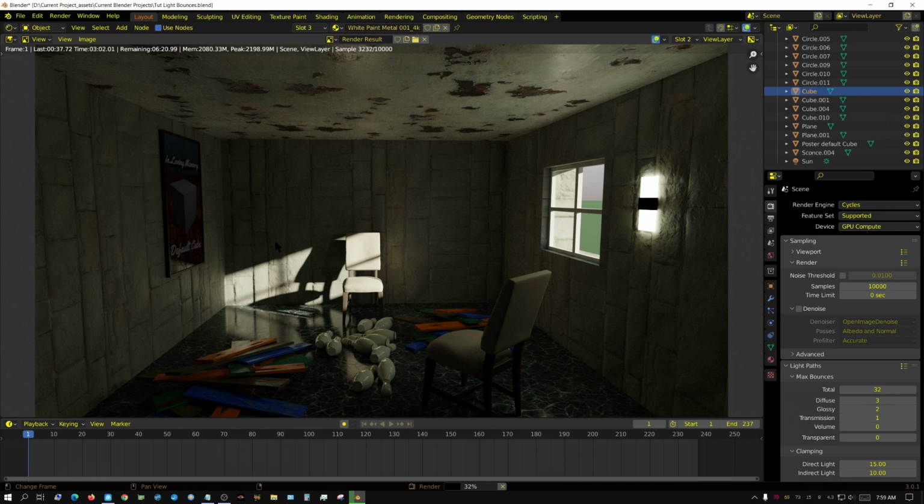Got about 6 minutes left. Alright, it just finished. 10,000 samples. Took 9 minutes and 34 seconds, which is not bad for 10,000 samples on an interior scene. 3080 Ti is a nice card. Alright, now let's see what it looks like and compare it to